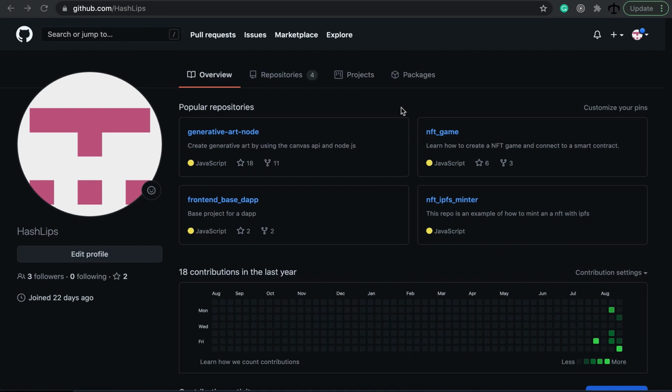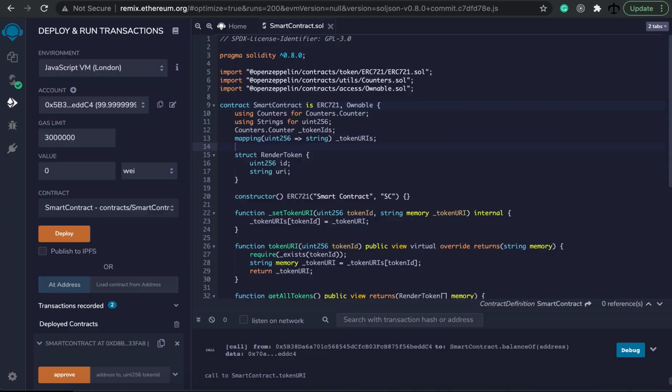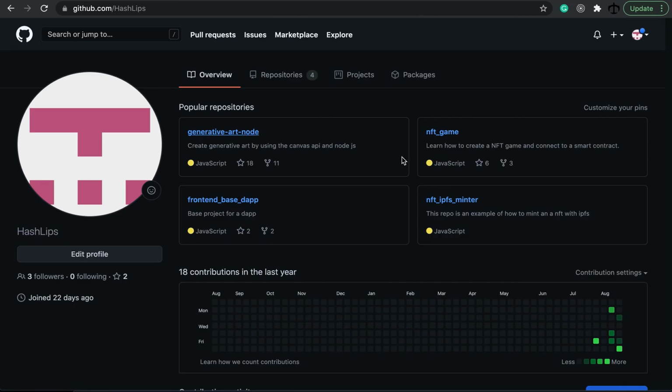In this part, we already have created the smart contract on Remix, so now we're going to be focusing on the front end dApp that we have to create in order for us to upload a canvas to the IPFS and then mint it on our smart contract. So that's what we're going to be doing, and to make it a bit easier for ourselves, I've created